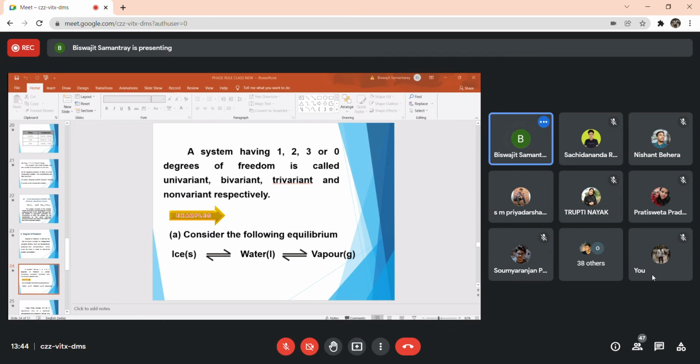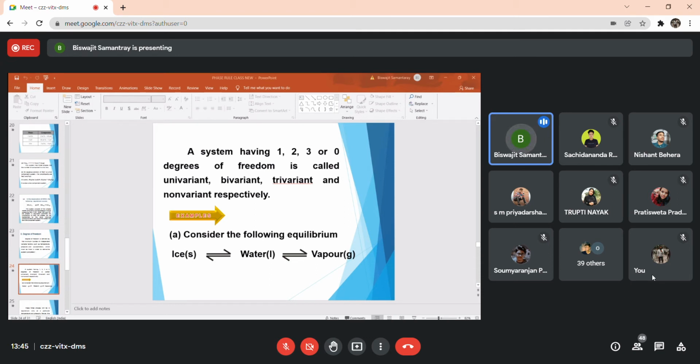That means the point is called invariant. What do you mean by invariant? There is no variance in ice, water, and vapor, so it is called invariant. We can say that the point at which 3 phases coexist, and for a one-component system the degree of freedom is 0, that point is called the triple point. So the triple point is a point where 3 phases coexist,